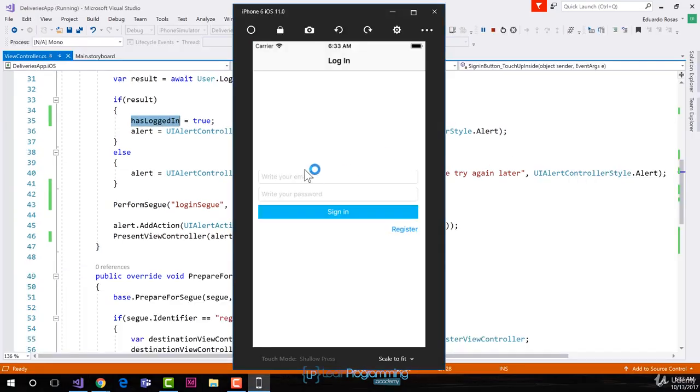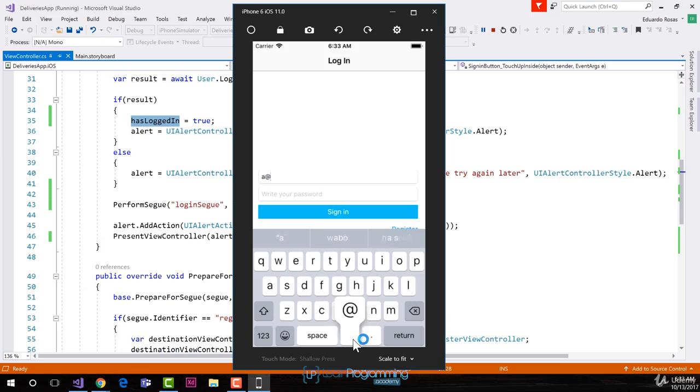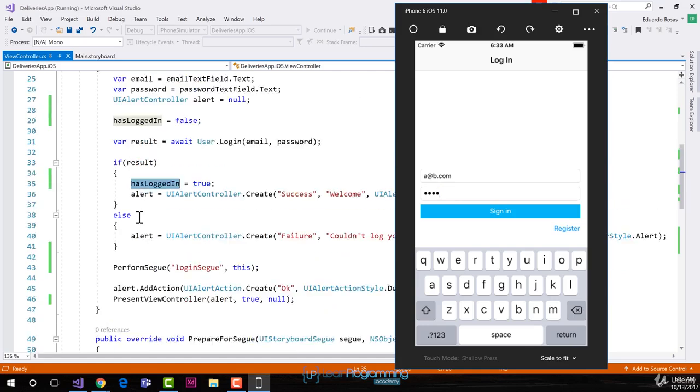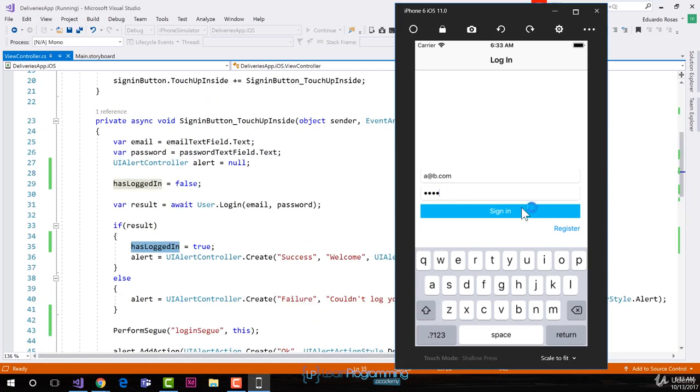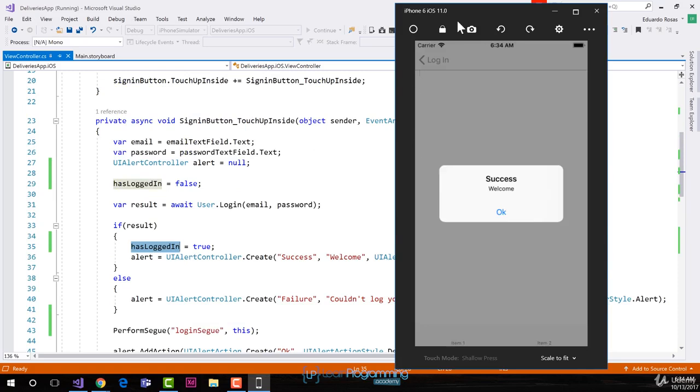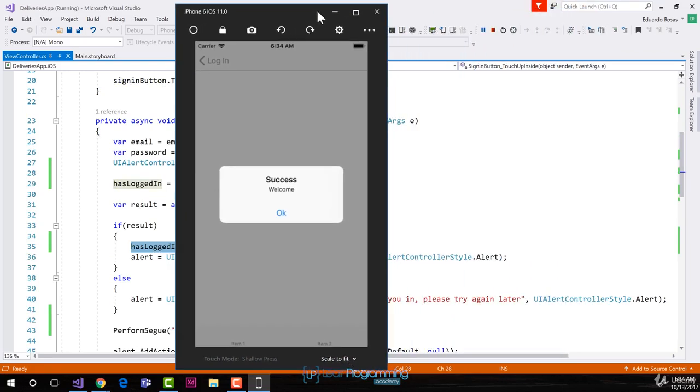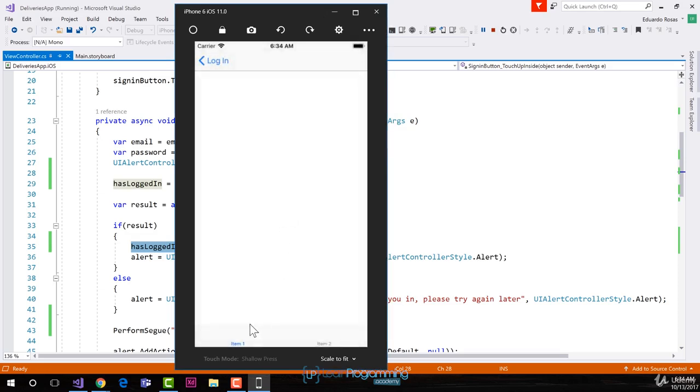So I'm going to sign in again, but this time the evaluation is still going to happen immediately after pressing the button, the first time the seg is performed, but it's also going to execute when we programmatically call the seg, when we call the perform_seg method from the event handler of the click of the sign in button. So if I click on sign in, the navigation only executes after the login was successful. And you can see the success alert. And we are still perfectly navigated, and we see that we have still the same items,